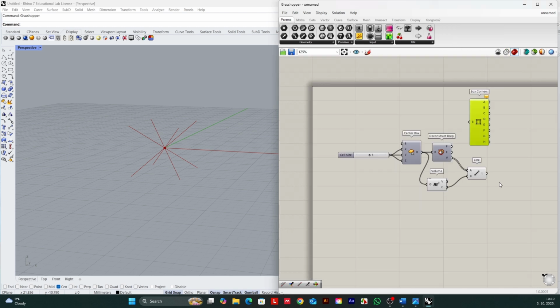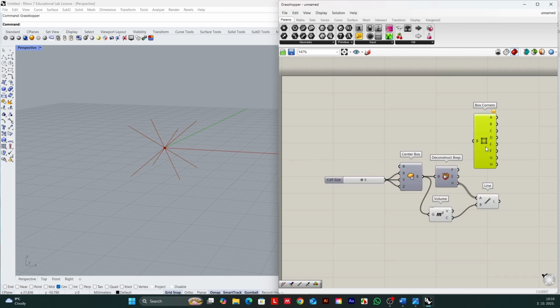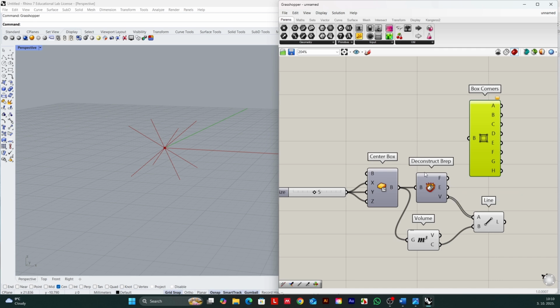We make a connection between our new box corners command and the edges of the construct brep, because this output of the edges from our deconstruct brep already contains all 12 outer edges of the cube. This single output includes the horizontal edges as well as the vertical Z struts we need for this kind of